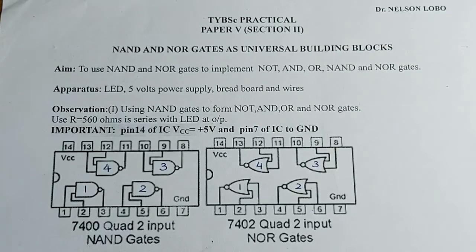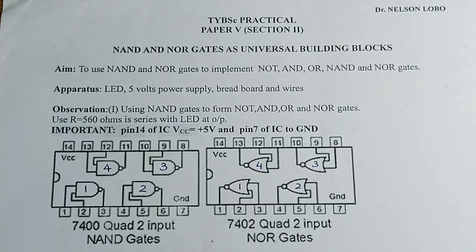Students, for this experiment, we are going to prove that NAND and NOR gates can be used as universal building blocks. That means they can be used to make all other gates. So the NAND gate, the internal pin diagram is given to you, as well as for the NOR gate. If you will observe,